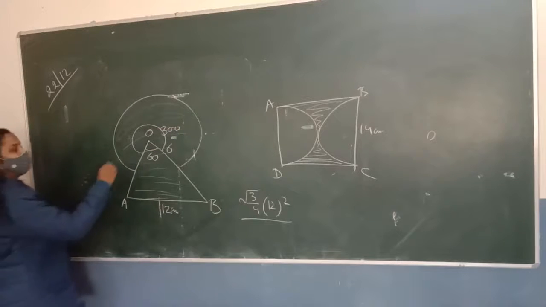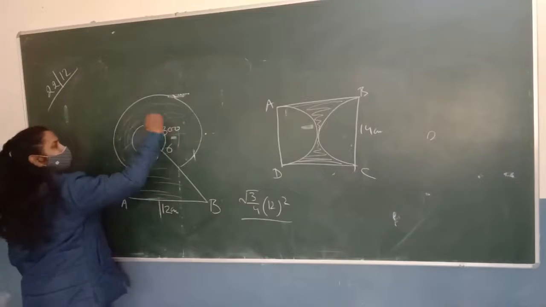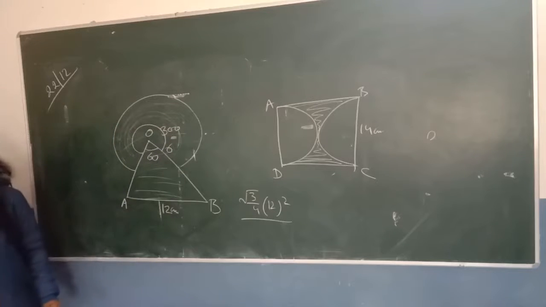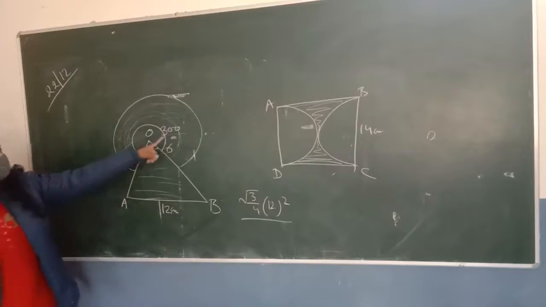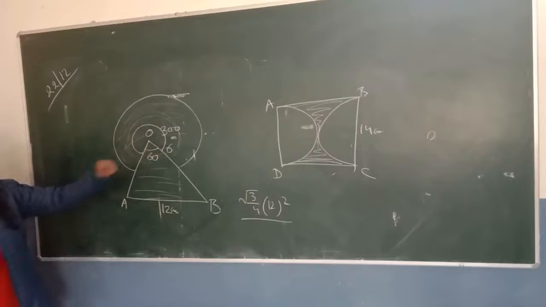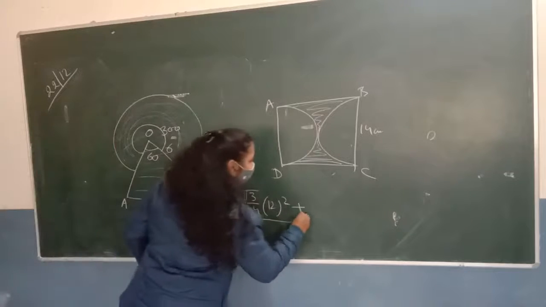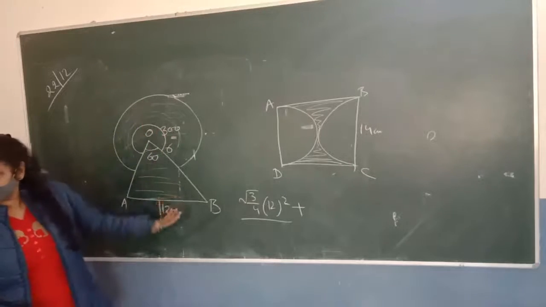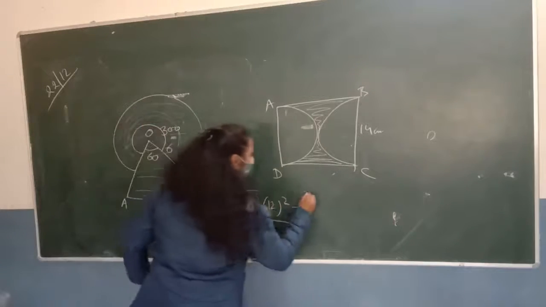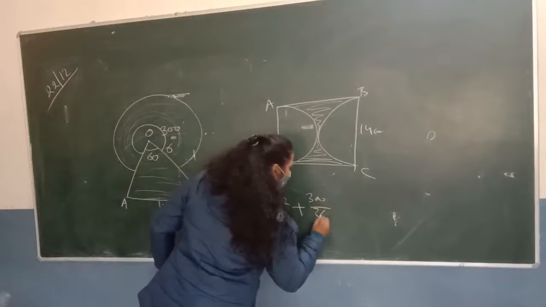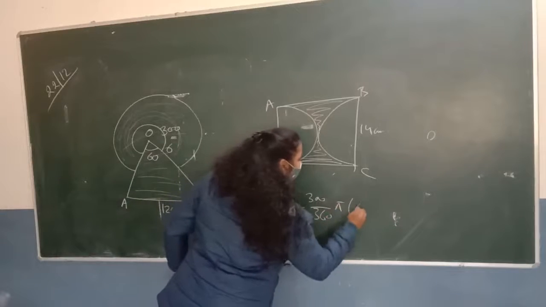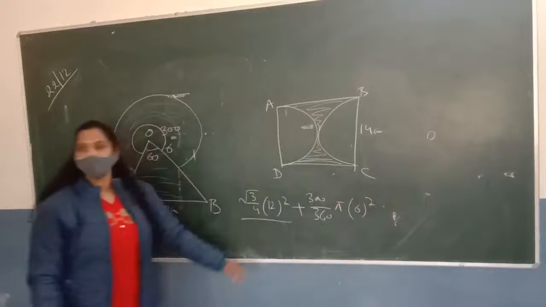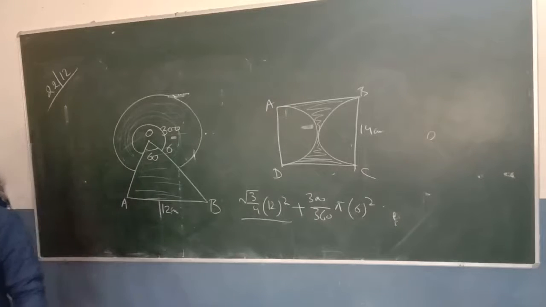Good. So we can find the area of this sector by using simple formula, that is theta upon 360 pi r square, where theta is 300 and r is 6. So we can add this portion of sector with the triangle and we can find the area of this whole figure. That is 300 upon 360 into pi r square. Now can you do this question yourself? Yes. Thank you.